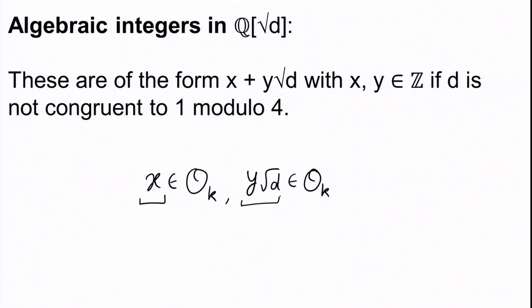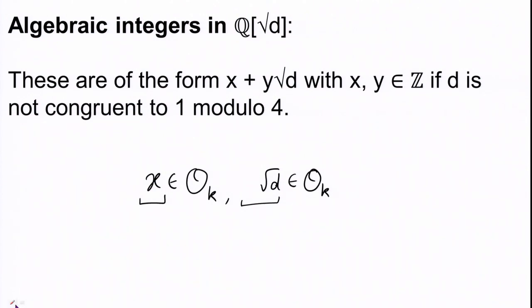So, you can construct a monic degree 2 polynomial satisfied by the integer, you may just take the square of that polynomial. Similarly, if I have y root D, where y is an integer, then we can again get a nice polynomial. Or even before we go to y root D, consider that root D satisfies a degree 2 polynomial whose leading term is 1, namely x square minus D. So, root D is in OK, x is in OK, and this would imply that x plus y root D is an algebraic integer whenever x and y are integers.